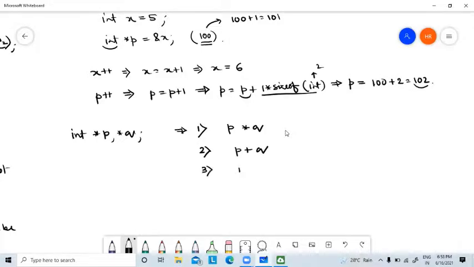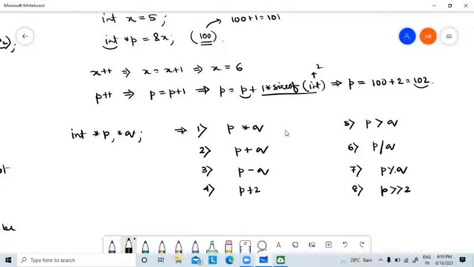I am writing some statements: P minus Q, then P plus 2, then P greater than Q, then P divided by Q, then P modulo Q, then P right shift 2.